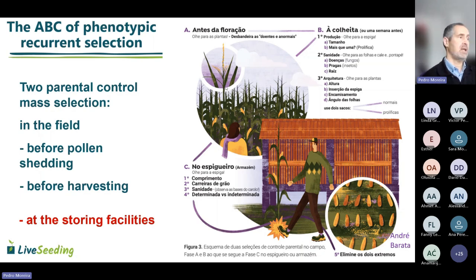So you do negative selection, and then before harvesting, you need to look at the ear: what is the size, if it is prolific, if it has more than one ear, what is the health, if it has diseases or pests, what about the root, what about stalk lodging or root lodging. And one of the selections that we can do, because it is connected with pests and diseases, is to keep the